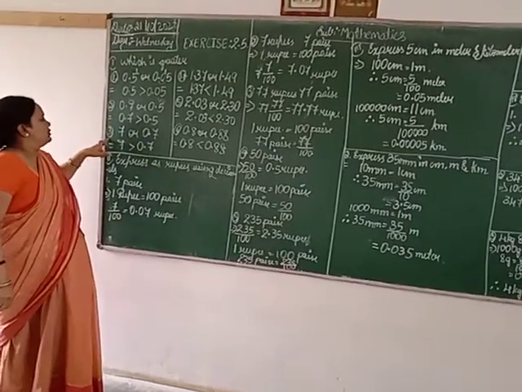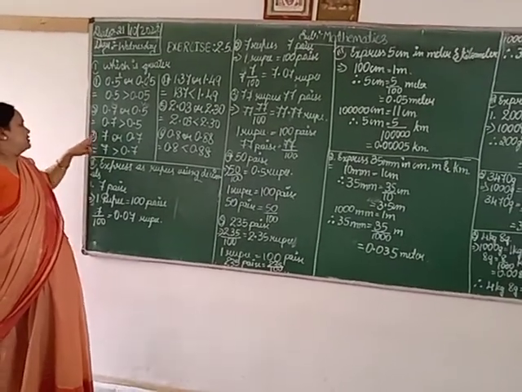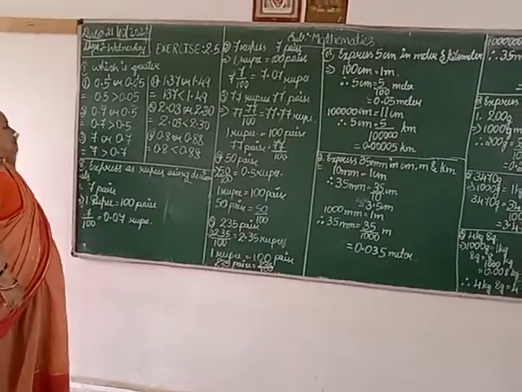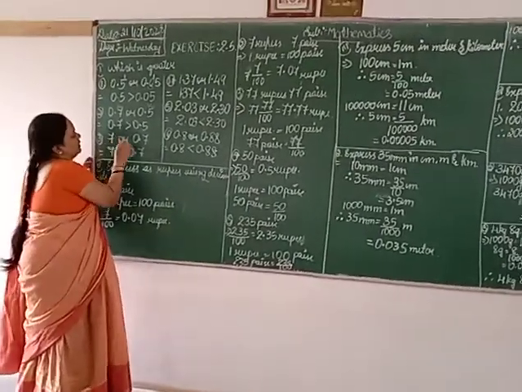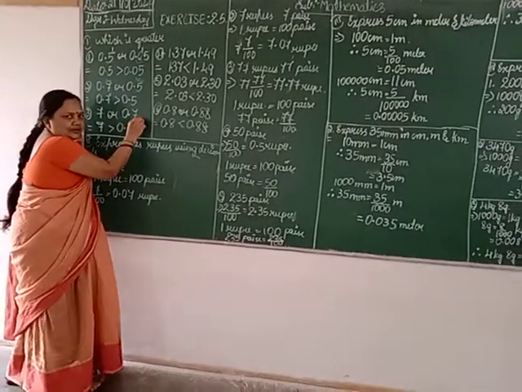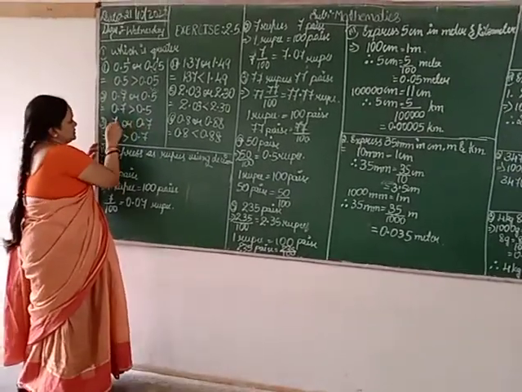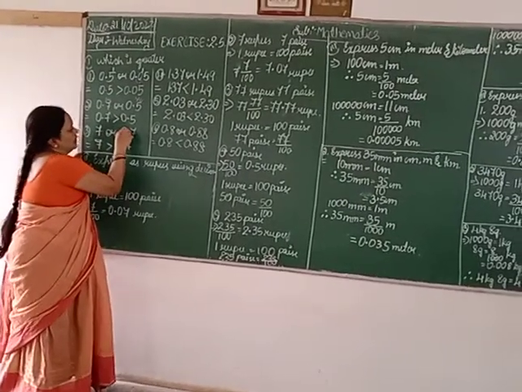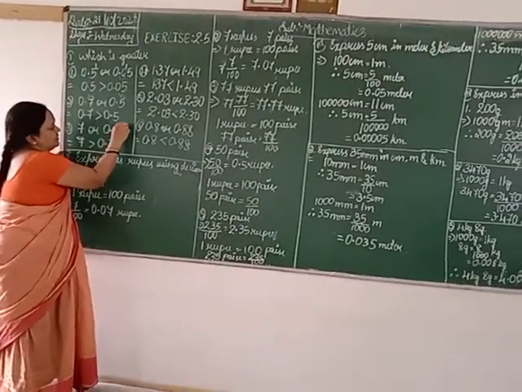So now we will go to the third sum. The third sum he asks is 7 or 0.7. See, children, the whole number will always be greater than the decimal number. Maybe this and this are the same, 7 and 7. But here it is coming after the point, right? It means that it is 7